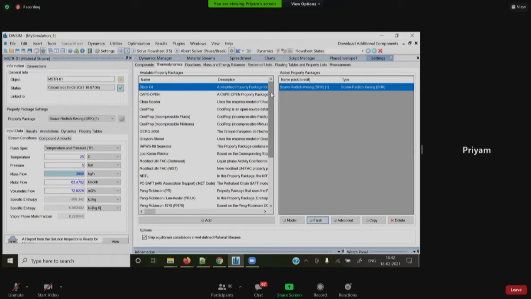And now moving on to the next session, where I wanted to talk about the DWSIM flowsheeting project, custom modeling project, and lab migration. So, Priyam, sir, if you want, I can give an introduction.